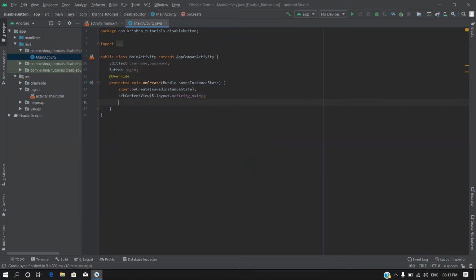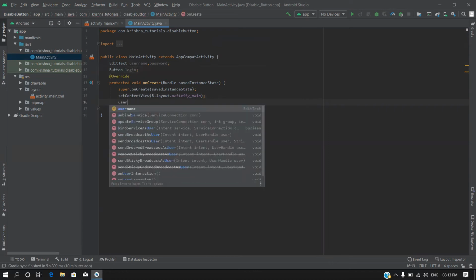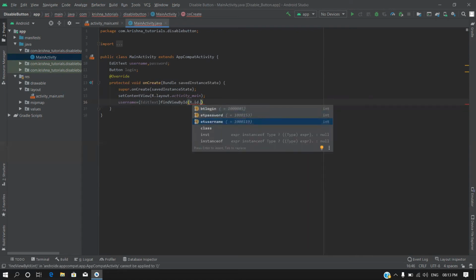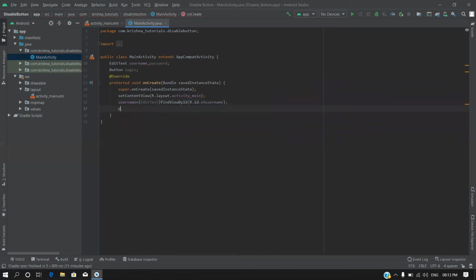So we are going to map these variables based on the IDs from the activity main xml. Username of type edit text, by using find view by ID R.id.edit text username, and next is password of type edit text by using find view by ID R.id.edit text password.